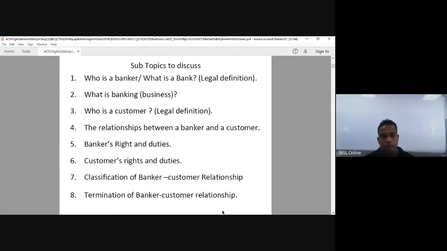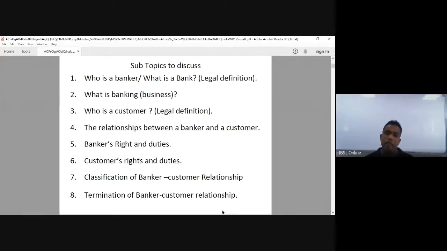Then next one, now when we say banker customer relationship, we are going to discuss a relationship. So who are the parties of the relationship? Bank and the customer. So what is this relationship between the bank and the customer? That we are going to discuss under subtopic number 4, the relationship between banker and the customer. Then after we identify the nature of the banker customer relationship or legal background of the relationship, we are going to discuss